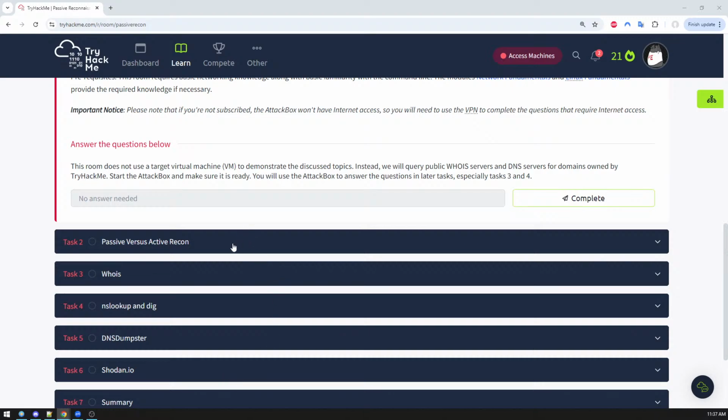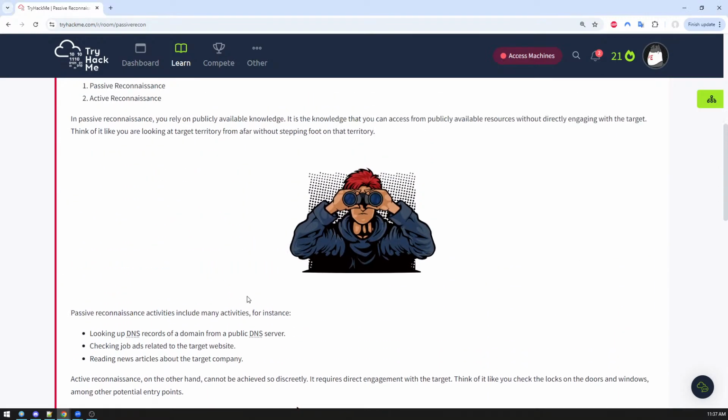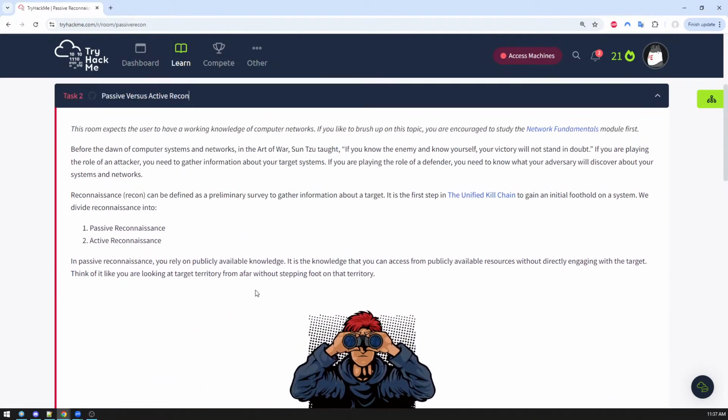やばいってなったら、その時考えましょう。バックトゥーベーシックする。後でノートまとめましょう。じゃあ、Passive vs Active Recon ですね。This room expects the user to have a working knowledge of computer networks. If you like to brush up on this topic, you are encouraged to study Network Fundamentals Module first. ということで、これはやったので、ルーターとかを通ってとか、その程度は分かってると思ってます、お互いに。